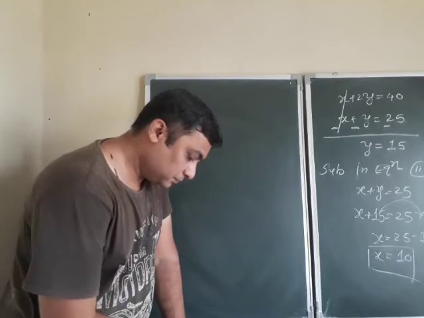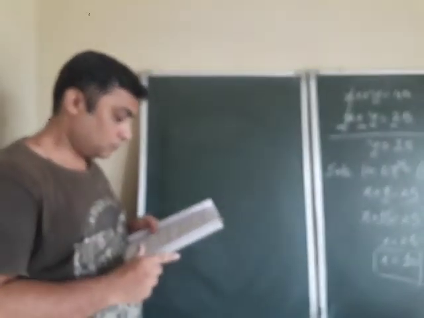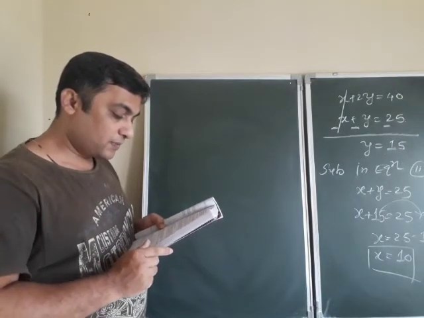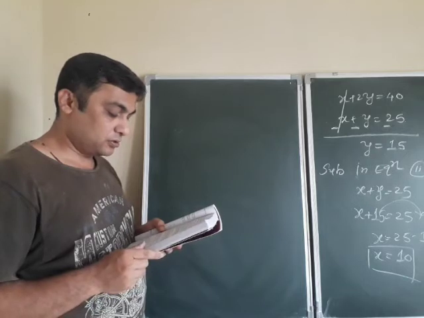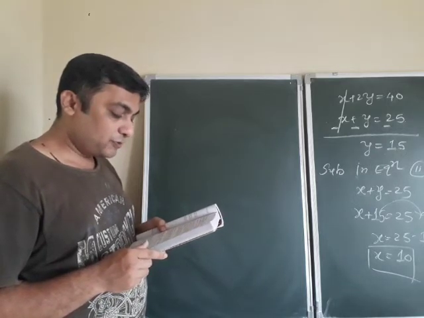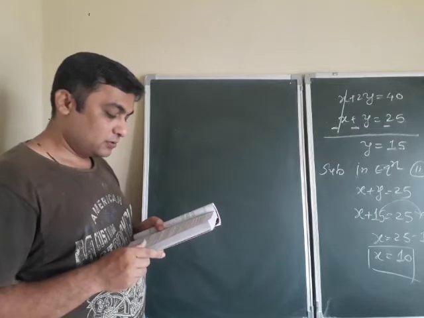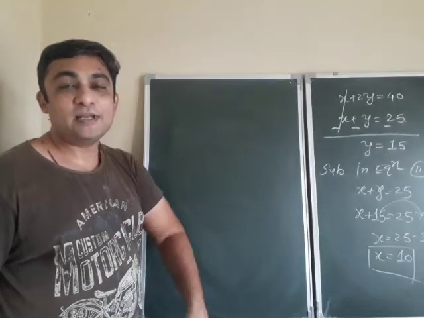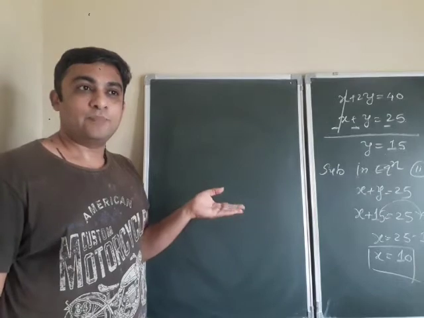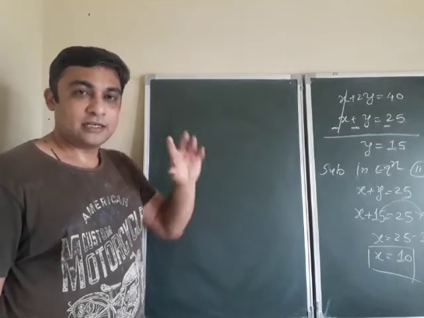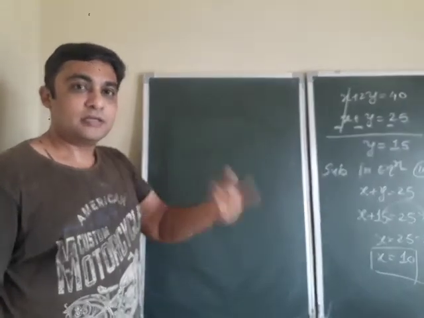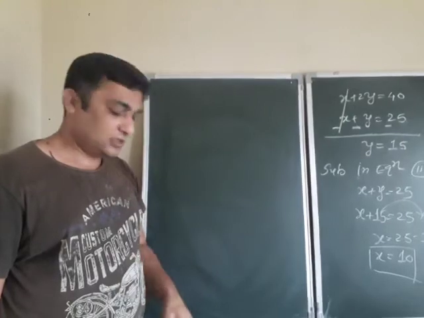A lending library has a fixed charge for the first 3 days and an additional charge for each day thereafter. Sharita paid rupees 27 for a book kept for 7 days, while Sushi paid rupees 21 for the book she kept for 5 days. Find the fixed charge and the charge for each extra day. See, this is a similar question to the one we completed for the taxi. The taxi has a fixed charge, and then for per kilometer, the taxi charges one particular amount. The same example is here.